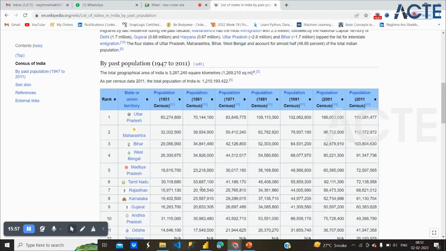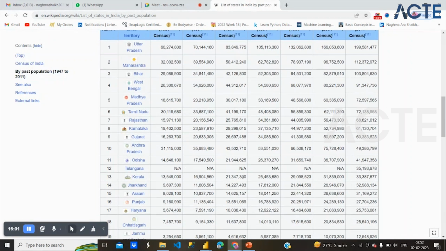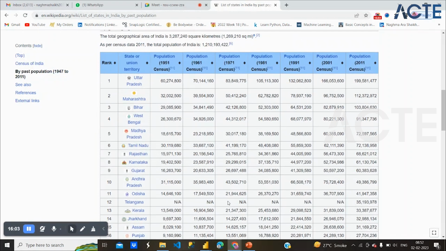Okay, so you can see we have some NA columns also here, so we'll remove these columns and we'll extract only this part. This is 1951, that is the year, and we'll remove this year rank column. This is nothing but it is giving 1 2 3, that is a serial number type. Here it's stating that Uttar Pradesh is the first in population, in which a lot of population is there,